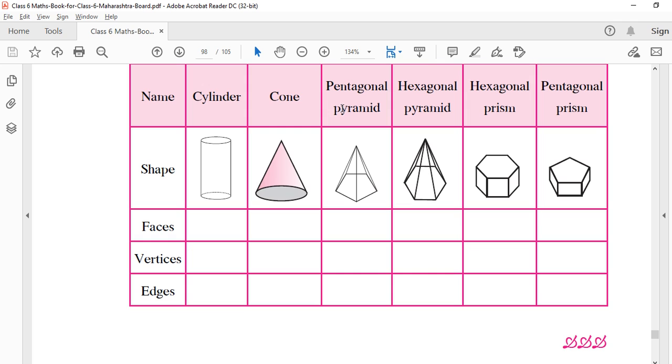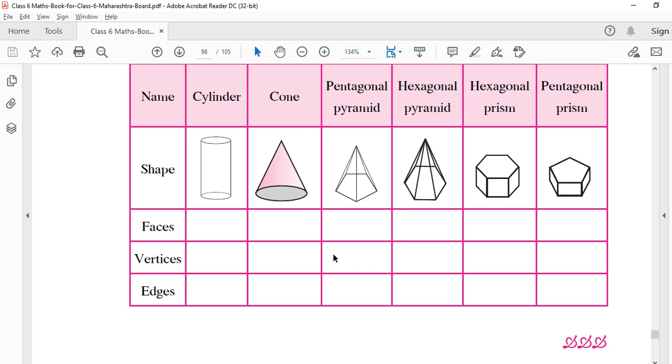Now let's come to the pentagonal pyramid. Pentagonal means there are 5 sides at the base. You can see this one, second one, third one, fourth one, and fifth one. So first they have asked how many faces this has. This is the first face, the front face. This is the right front face, second face. This side one, third face. Fourth one, left hand side face. And the fifth one, back side. And the sixth one is the bottom. So we have 6 faces in this pentagonal pyramid.